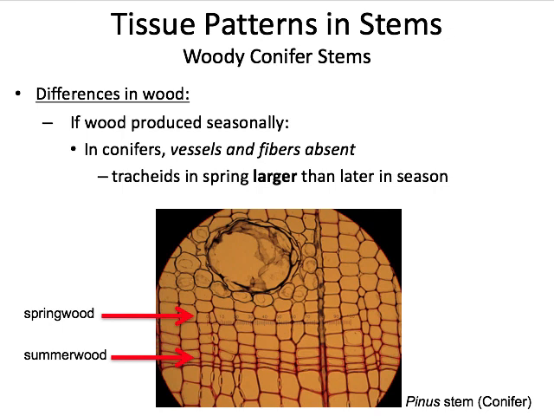Now, in conifer stems, that includes things like pine trees and redwoods. Those are going to produce woody stems as well, but it's very different from a dicot woody stem. So in conifers, vessels and fibers are absent. Instead, their wood is made pretty much exclusively from tracheids. And again, they do produce spring wood and summer wood, but there's no vessels, only tracheids in that typical conifer